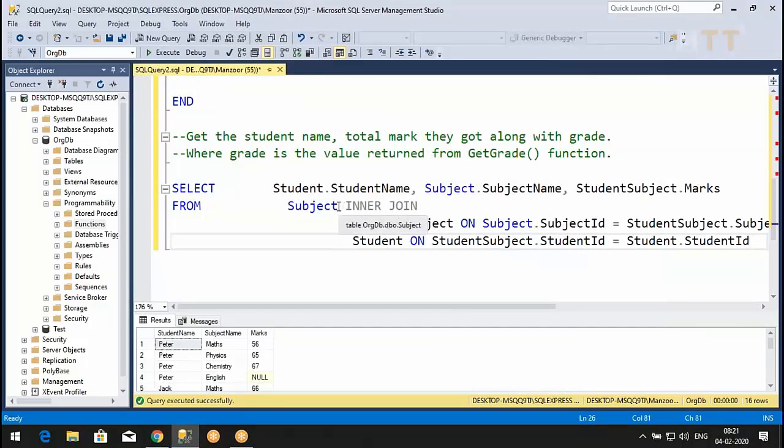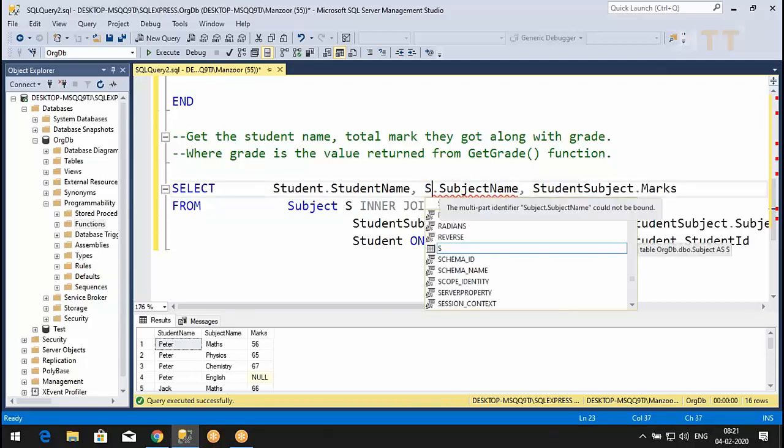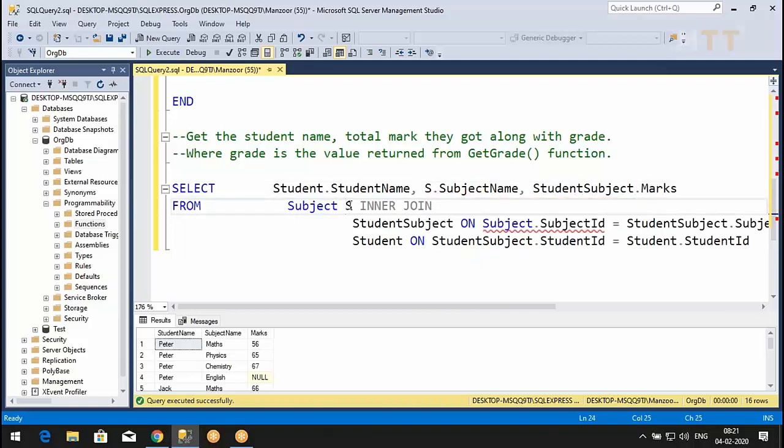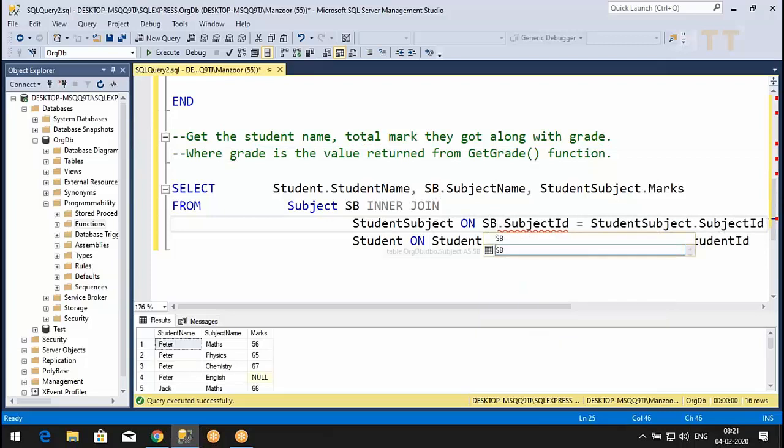If you want to alias and make it look a little simpler, you can alias subject S, right? And here you can say S dot or SB. For subject I'll say SB, so I'll say SB dot, and here also SB dot.